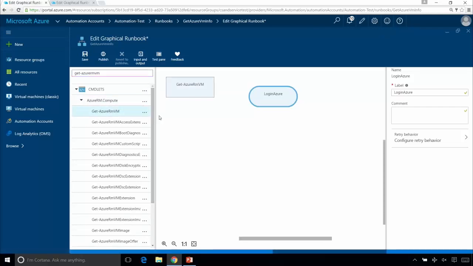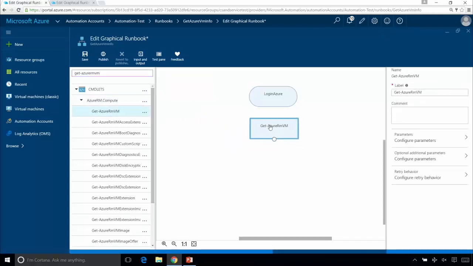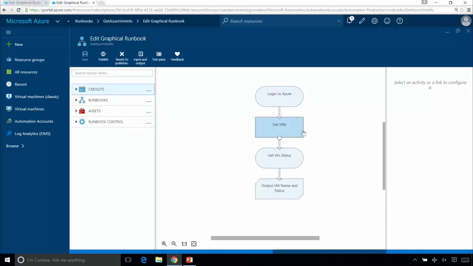Add that to Canvas. And that's rectangular because it's a commandlet in this case. This is a commandlet, so it shows up as rectangular. So we're giving you a little bit of hints here about what is the piece that you're using. Yep. And we decided here, if we go back to this one here, that in this case